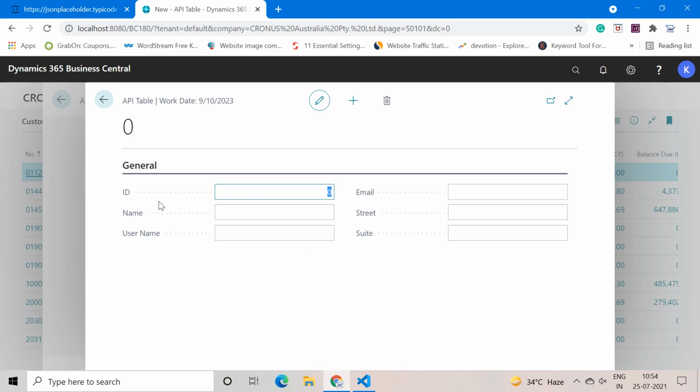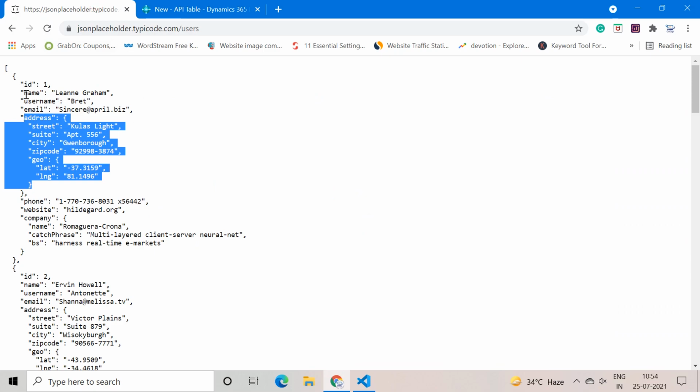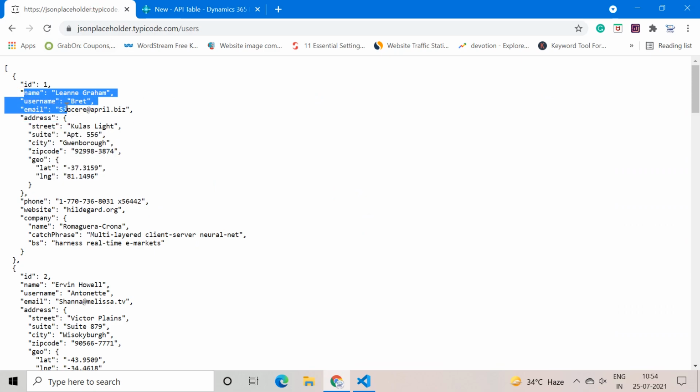Okay, I have picked up these values because the name, username, and email are part of the main JSON. But if you see, the street and suite are not part of the main JSON object but part of this address object.